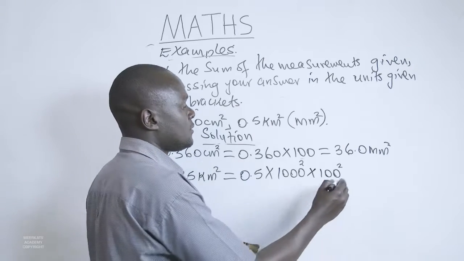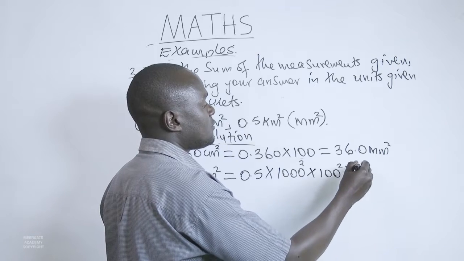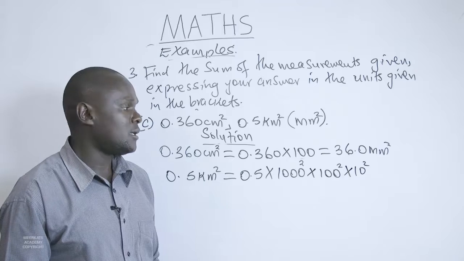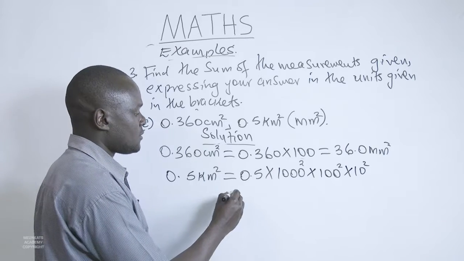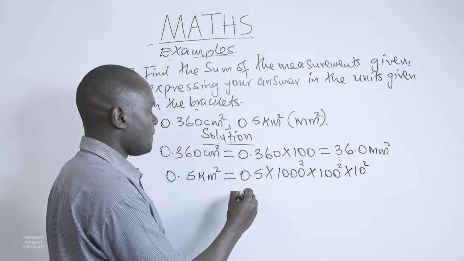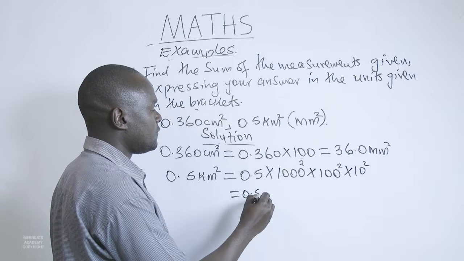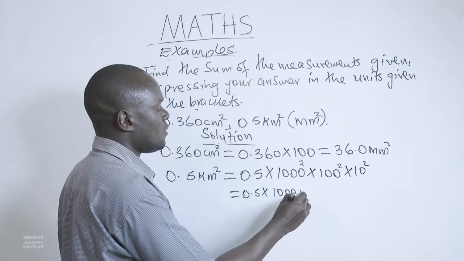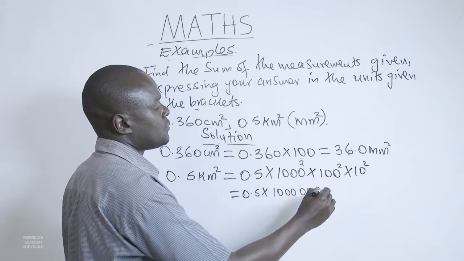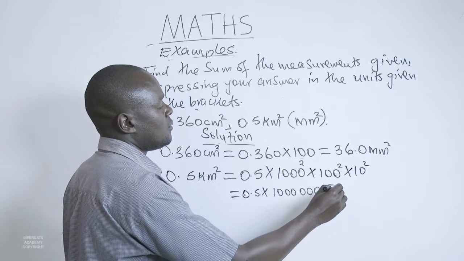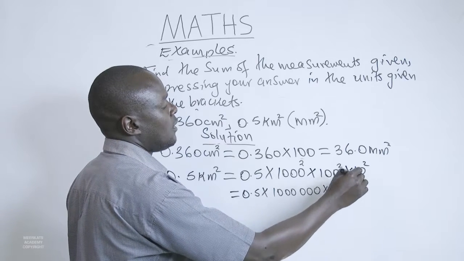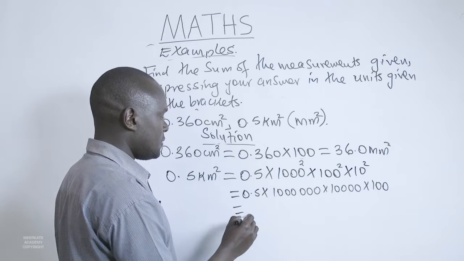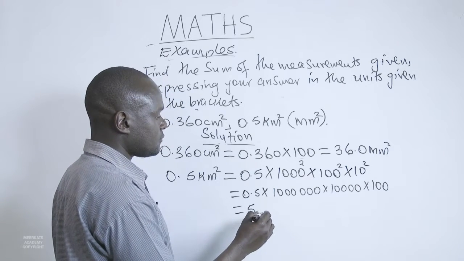And lastly, the same number can be multiplied by 10 squared, so that we convert it into millimeter squared. This will give us 0.5 times 1 million, times 10,000, and lastly times 100, and this will give us 5